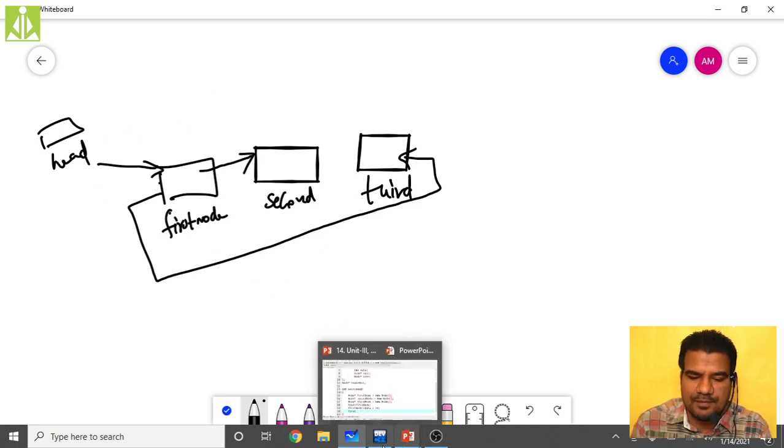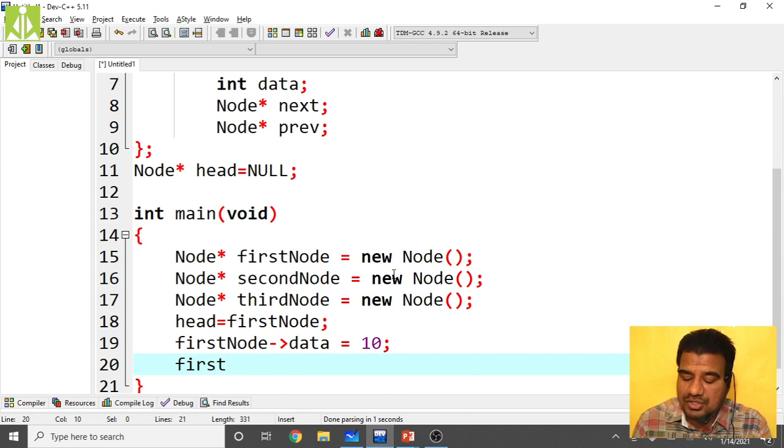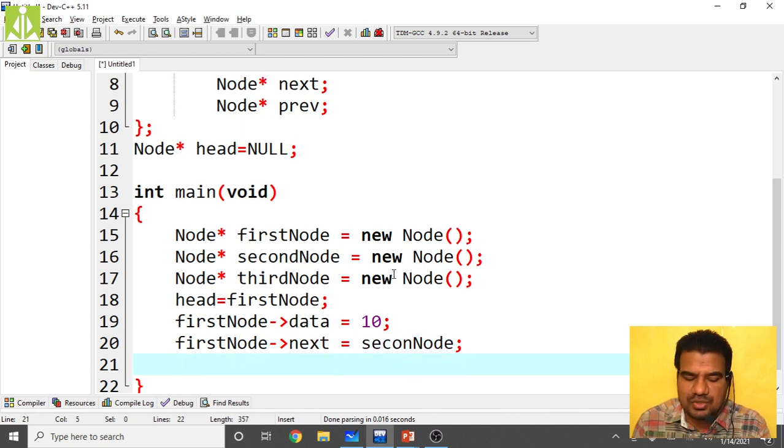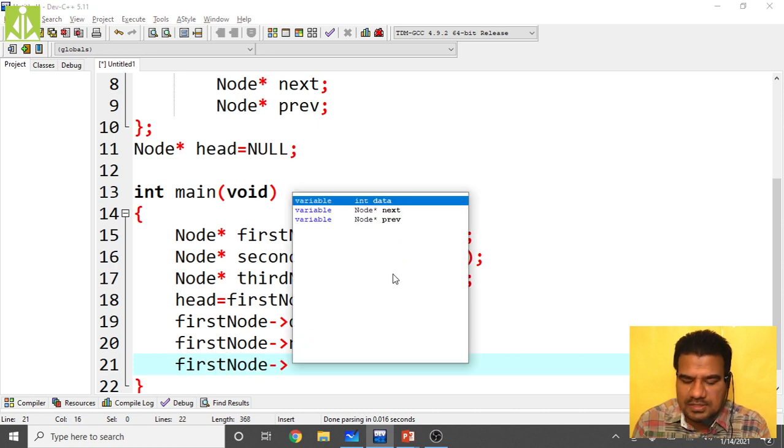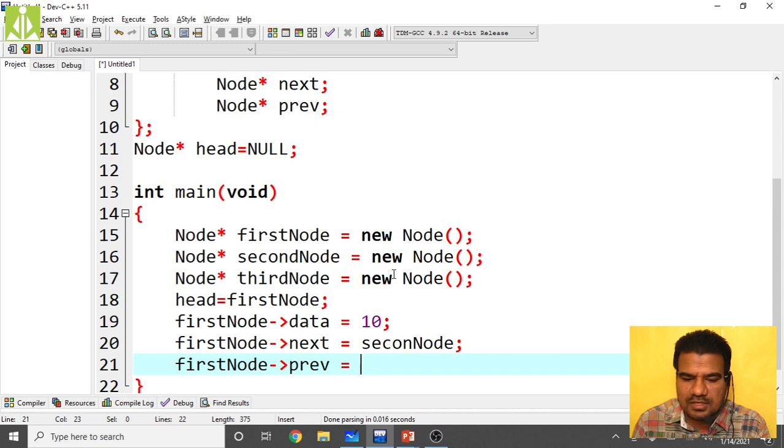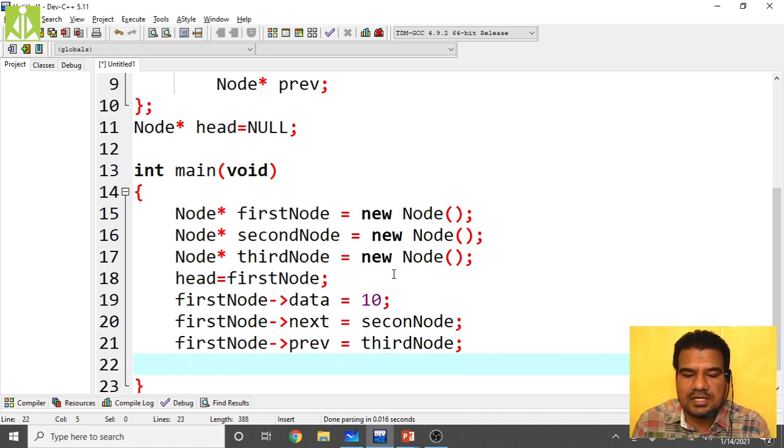Now first node of next, make it as second node. Then first node of previous, make it as the last node, that is nothing but third node. So this is done. Then the second node: second node of data. First of all, store the data.